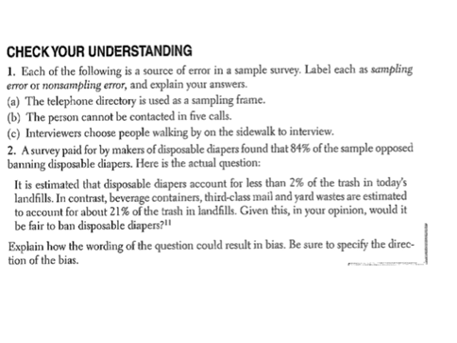C, interviewers choose people walking on the sidewalk to interview. So if interviewers are choosing people who are walking by on the sidewalk to interview, this is what we call a convenience sample. So these are people that are just very close by and you can grab them and ask them. This would be an example of sampling error because there of course are people that are not going to be walking on the sidewalk, that may be driving in a car, those kind of things that are going to be